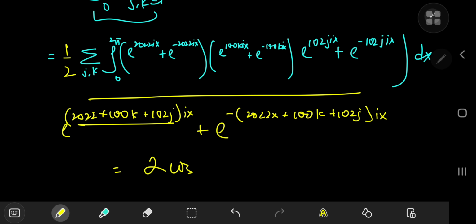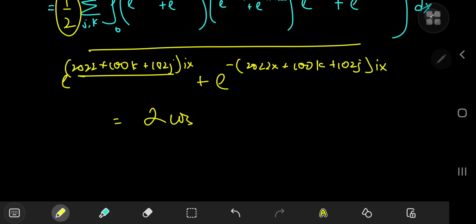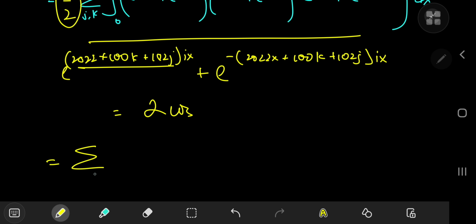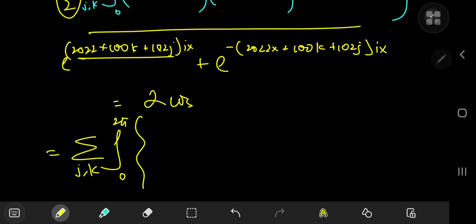So we're going to have this term with the 2022, 100k, and 102j being added, but we're also going to have them with alternating signs, right? And all of them are going to be 2 times cosines. So factoring out the 2, that means we have 2 by 2 outside, which cancels out pretty nicely, and we're left with the double sum over j and k of the integral from 0 to 2 pi of